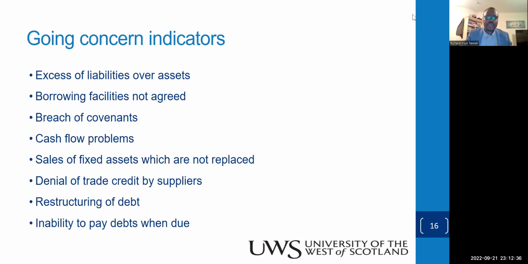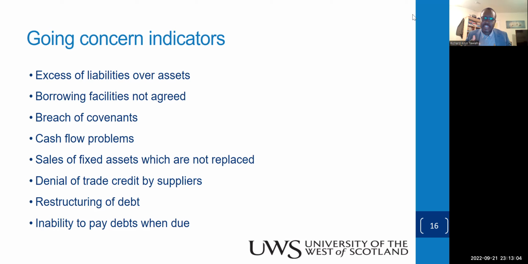Okay, so consider some of these key issues. What are indicators of going concern that you should flag, that should give you the heads up to look at what to do as an auditor? If there are so many more liabilities than assets in the company, and this company decided to borrow extra money and the bank said, no, we're not going to give you, it's a red flag. Why are they not getting money for their business?